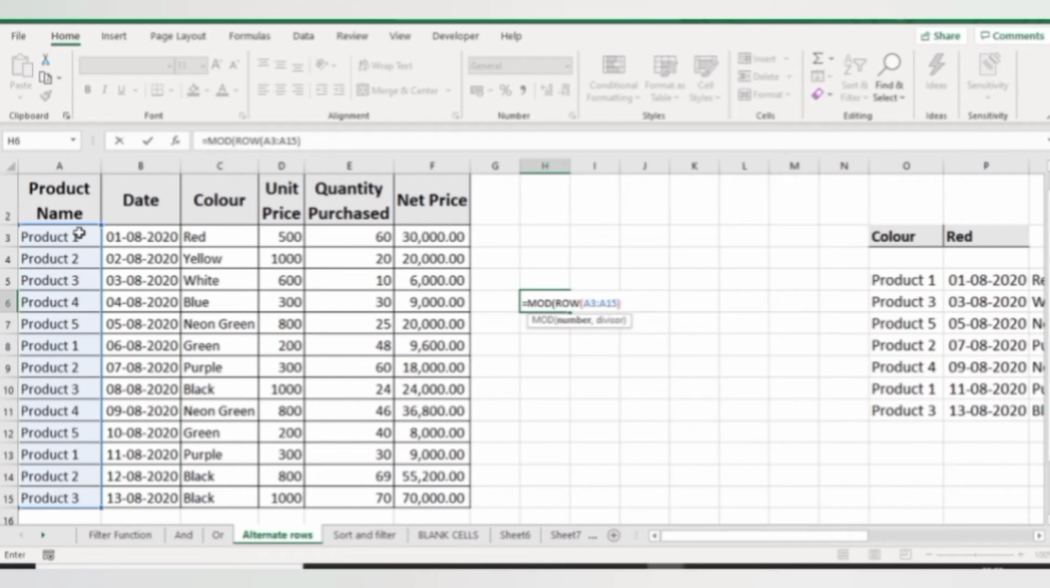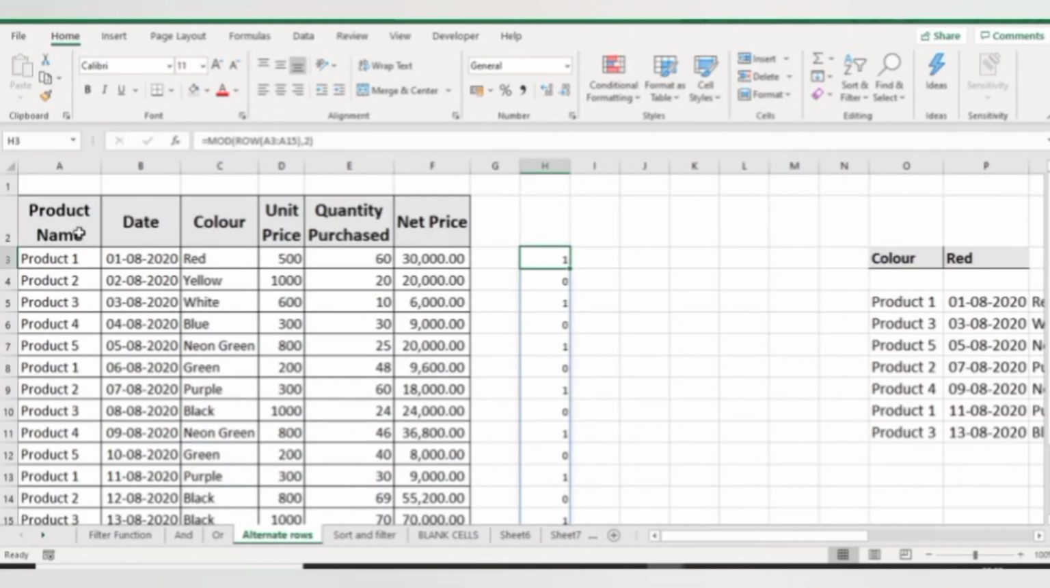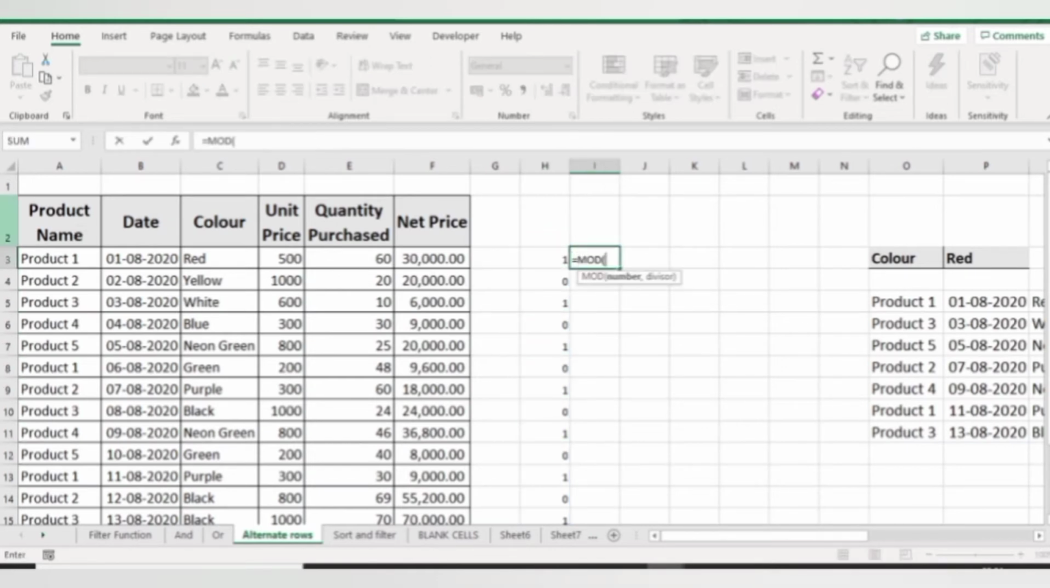And now in my divisor I will use 2. So here I am getting 1010 as my answer, and wherever I am getting 1, it is the odd row. If I again use the MOD function and ROW as my number,